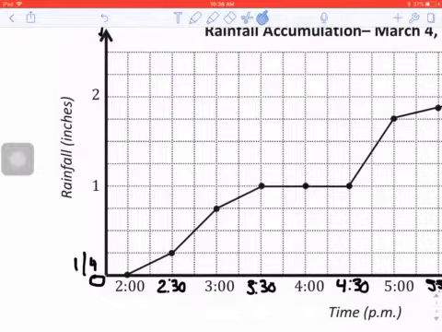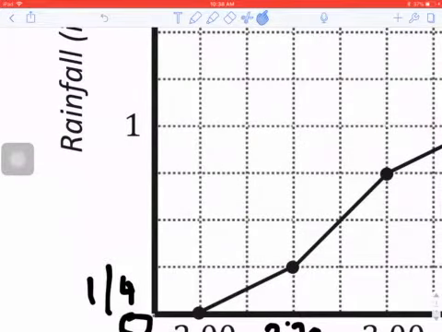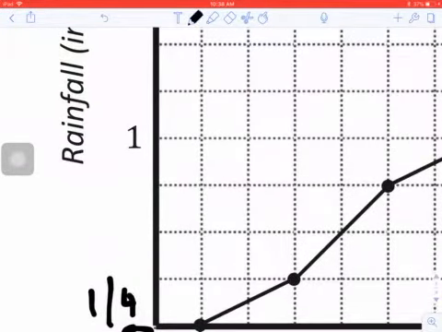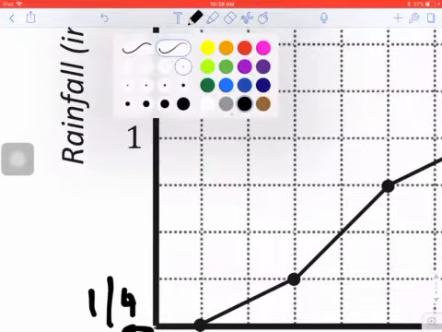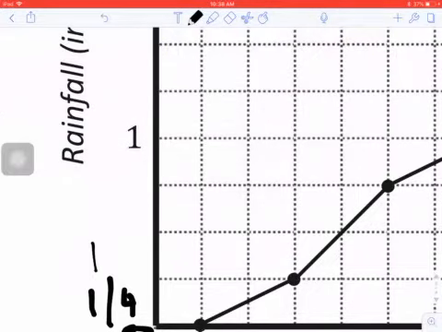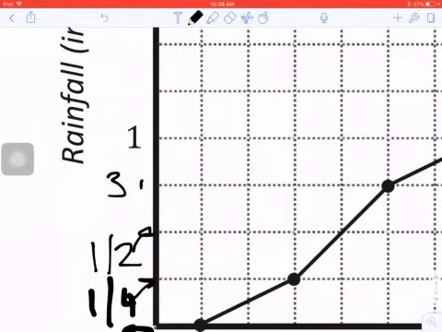Cancel. 2/4, which is equal to... Let me go ahead and change this to a smaller one. Okay, so 2/4, which is equal to 1/2. And this would be at this line. This would be at this line. This would be